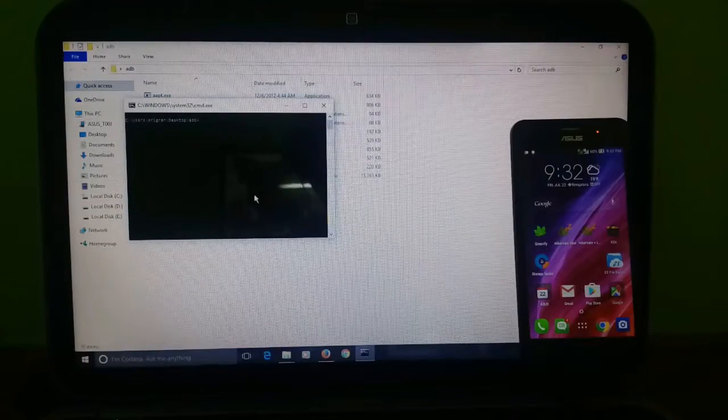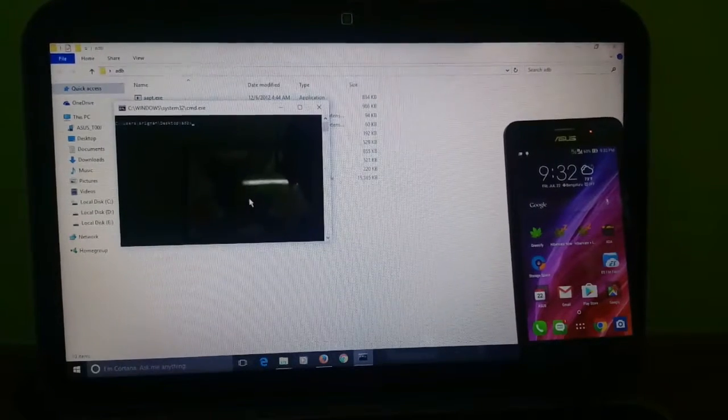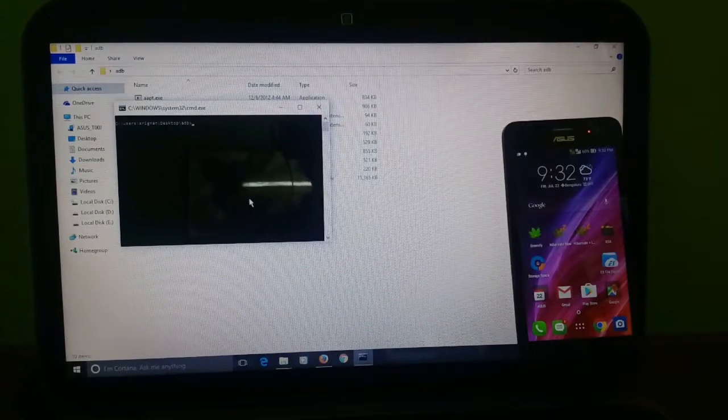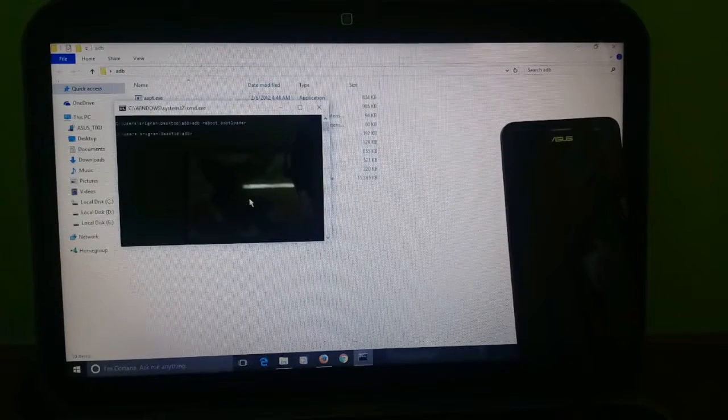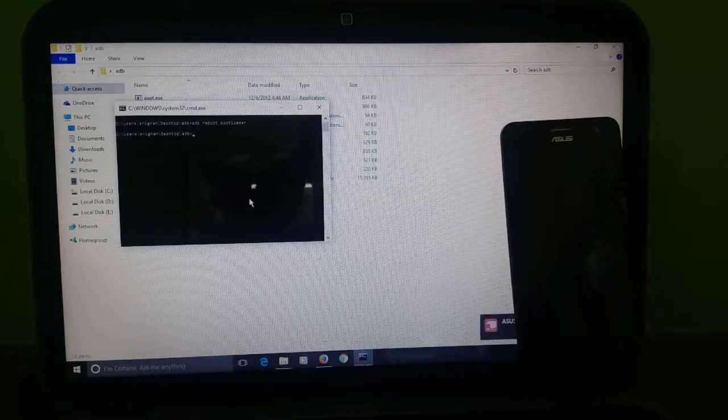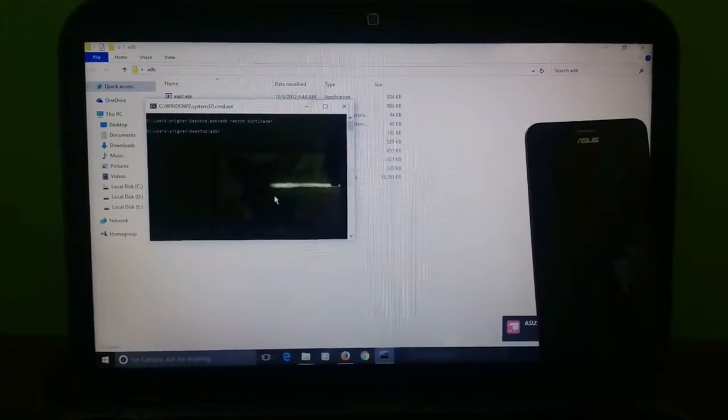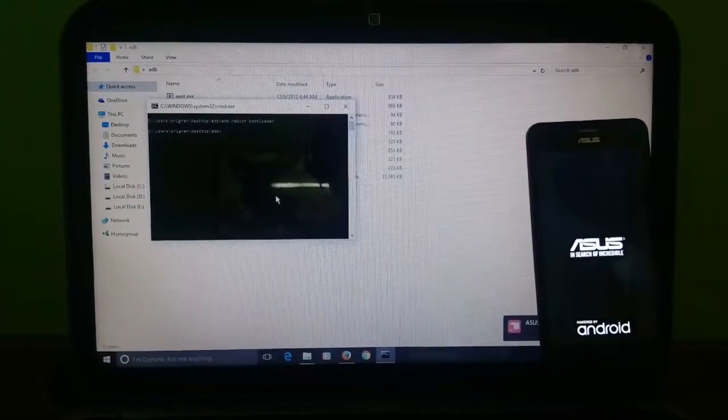So we have CMD. Now let's take our phone to the bootloader. The command is adb reboot bootloader. So guys, the process is going on.